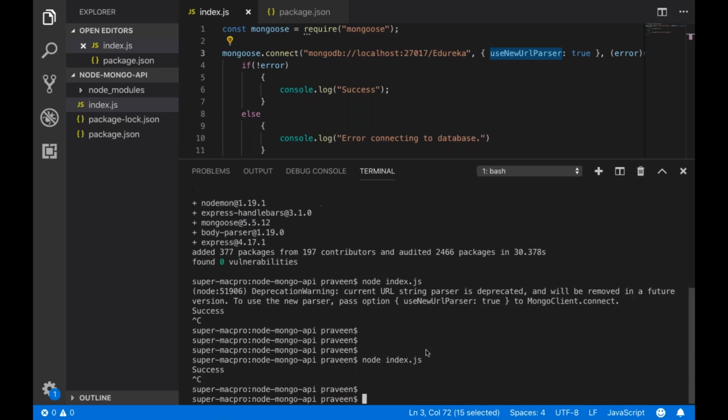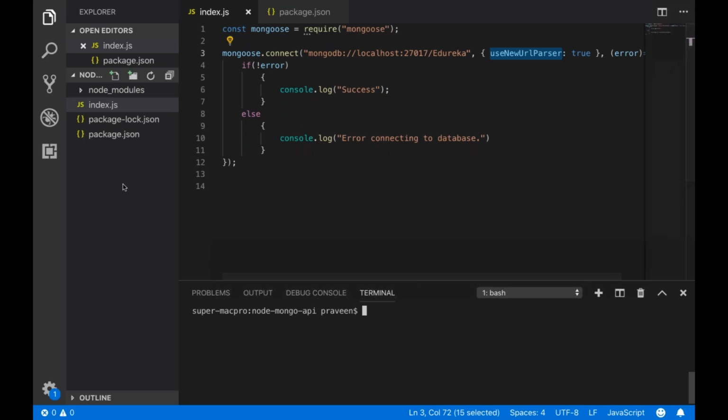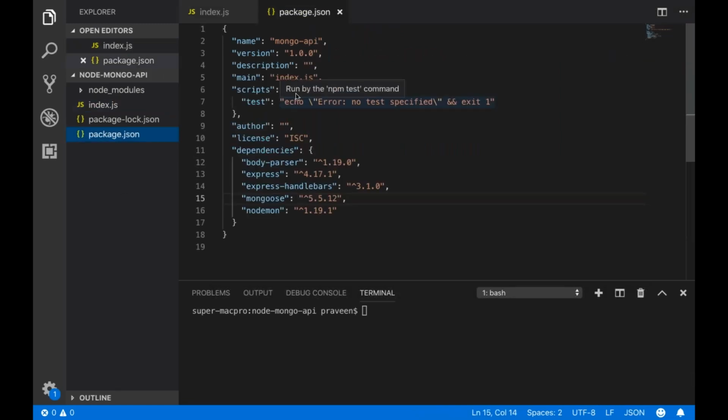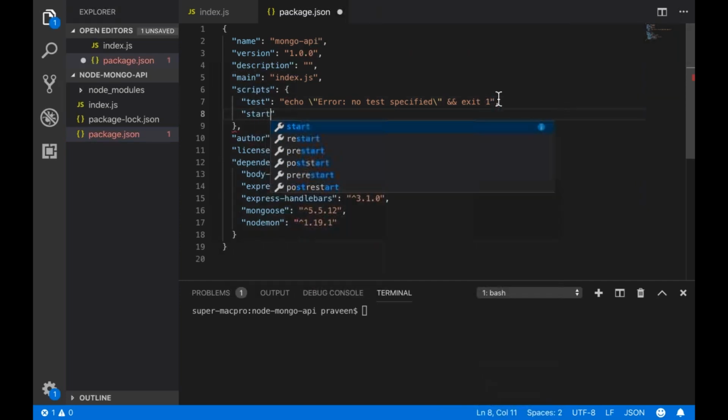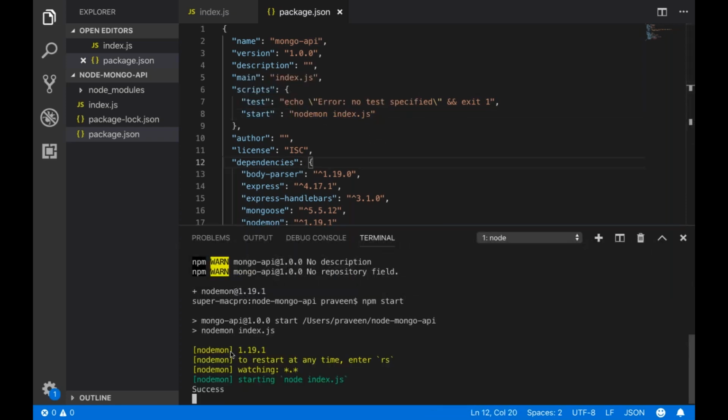Now I'll stop this again, and instead of using node index.js, we'll write a different command which will be set up in our scripts part over here. We'll write start. That's the start command for us. The start command will run nodemon index.js. So instead of running node index.js, we'll run npm start now. This npm start will point to the scripts over here, look for the start command and run this command over here. It prints the same kind of output, but what's the difference over here is